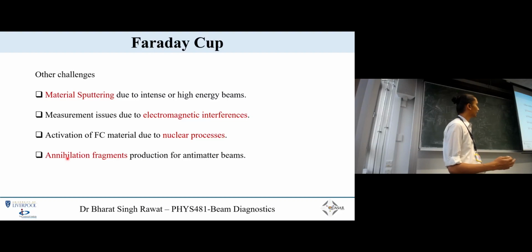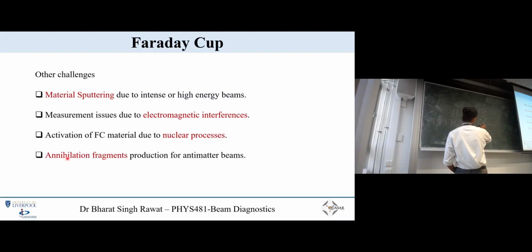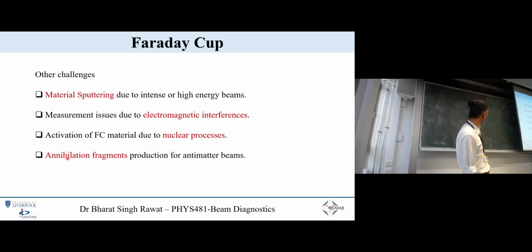And these energetic fragments, so let's say if an antiproton beam comes and interacts with this, it will create charged pions, or maybe some annihilation product. Usually annihilation products are heavier, so they will deposit and they don't carry a lot of energy. But charged pions are lighter and they shoot out with very high energies, for which you have not designed this Faraday cup,